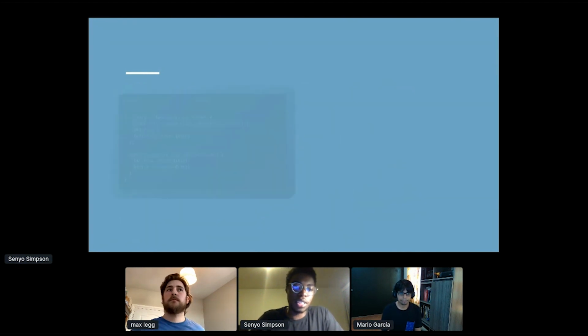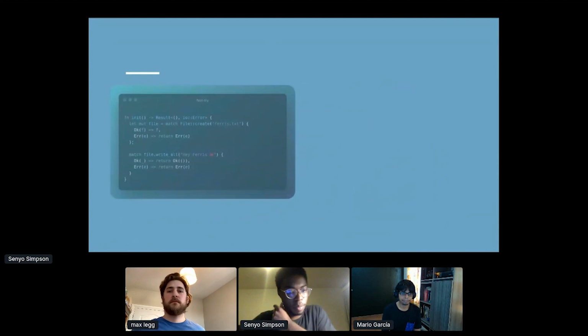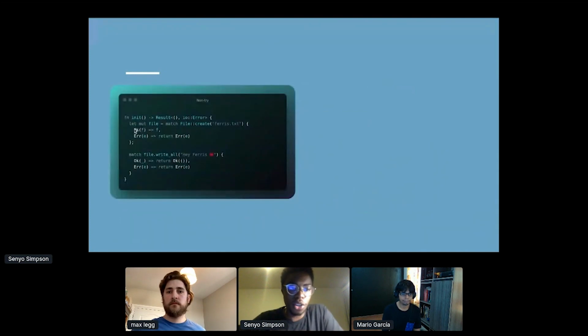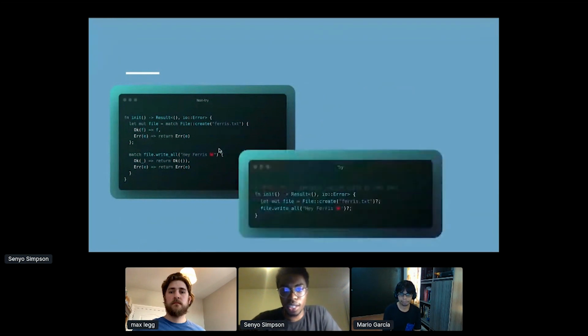A case of this is in the non-try method. As we've seen before, we have an OK variant, and then if there's an error, return the error. But using the try operator, or question mark operator, we can just append a question mark at the end, and this is functionally the same as the non-try method.